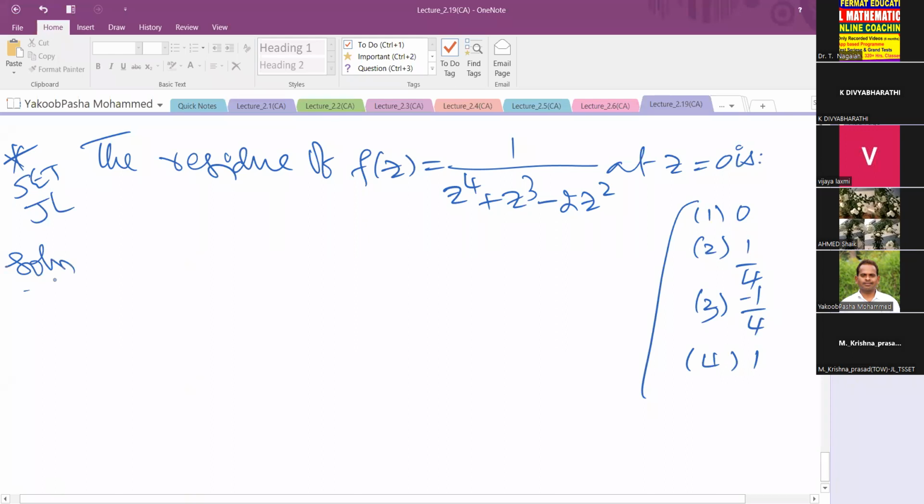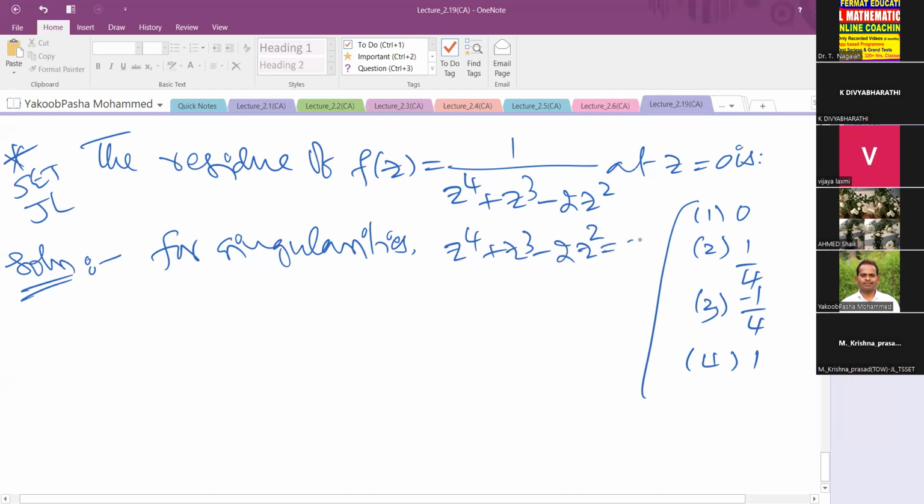Now, first we have to take the singularities. For singularities, the denominator z power 4 plus z cube minus 2z square is equal to 0. We can take z square common, remaining z square plus z minus 2 is equal to 0. Okay. So